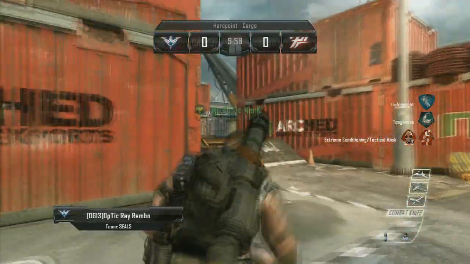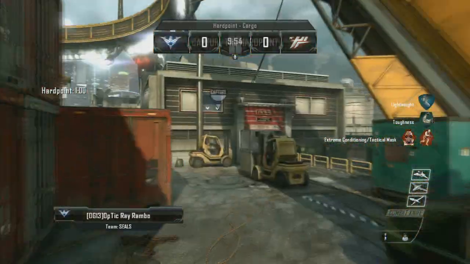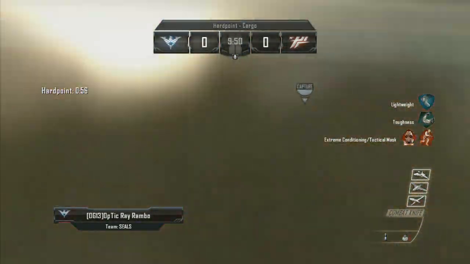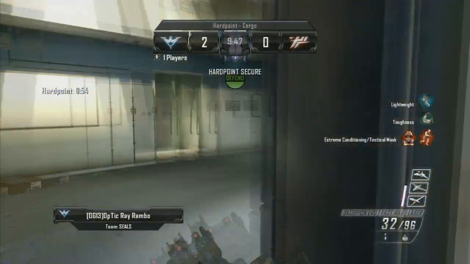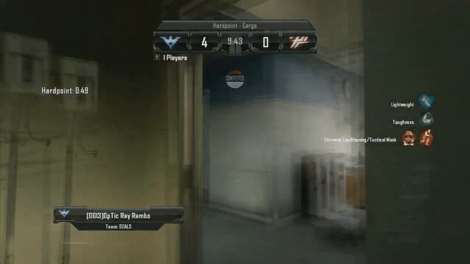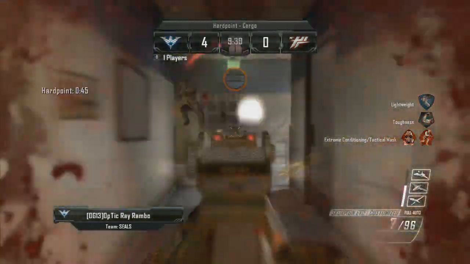This was Optic Gaming's first Scrim for Black Ops 2, so actually this was the exact first map we played. This was Cargo Hardpoint against 360 Icons, so I'm about to show you guys the strength of the Scorpion Evo on Cargo Hardpoint, the little maneuvers you want to play around, and certain hardpoint pointers to help your team get